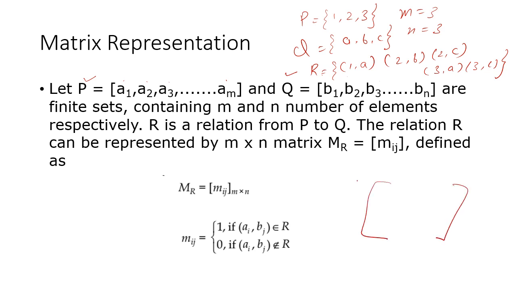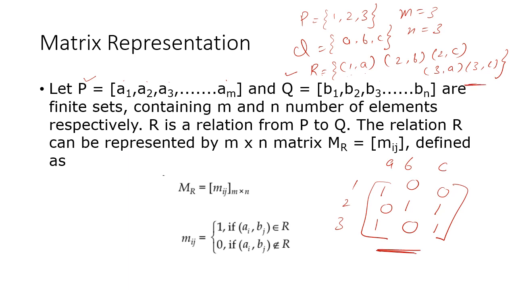So let us say 1, 2, 3, and A, B, C. You can write it, otherwise you can just simply omit it. No problems. Now, just like what we did in case of a table diagram, 1A, so on the intersection of 1 and A, I'll put a 1. 2B, on the intersection of 2 and B, I'll put a 1. 2C, I'll put a 1 over here. 3A, I'll put a 1 over here. 3C, I'll put a 1 over here. And for the remaining positions, I'll simply put a 0. So this becomes the matrix representation of this relation.